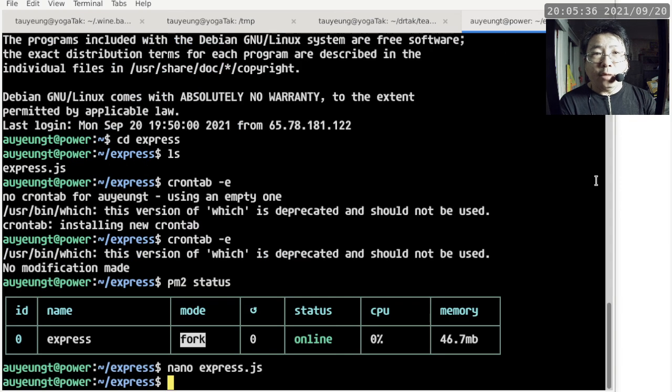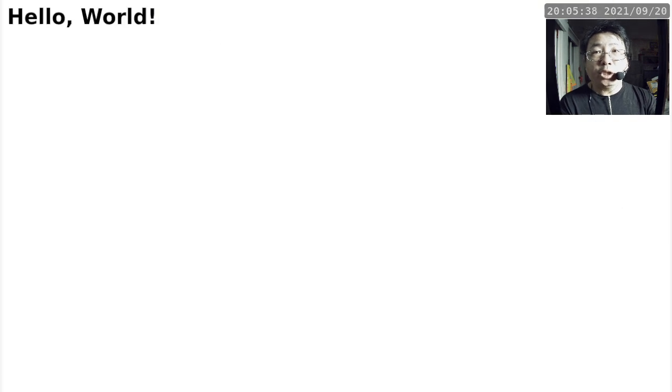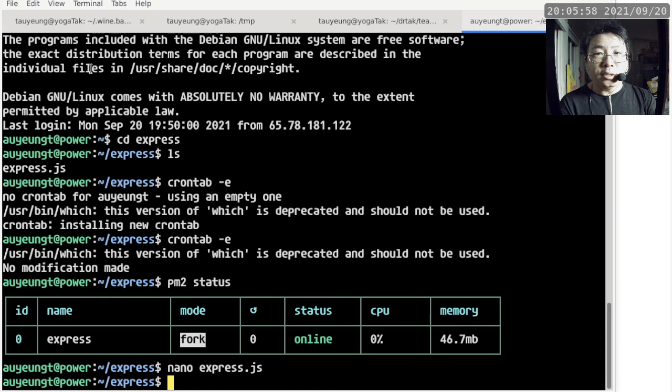And now I go back to the browser and refresh it, and it keeps printing just hello world. What about from tech? I have changed the script, but I did not restart the process. So every time you want the change to take effect, you have to restart the process. So now the question is, how do we restart the process? You'll probably say, yeah, I kind of knew that, tech. You don't have to say it. It's pm2 restart